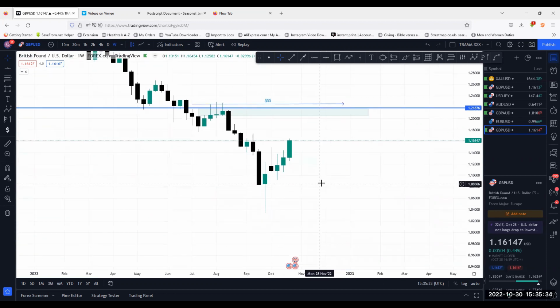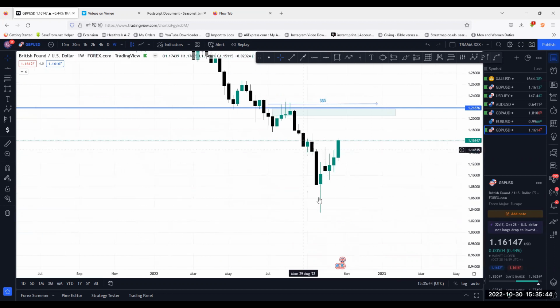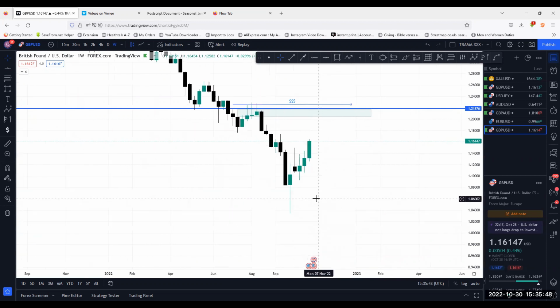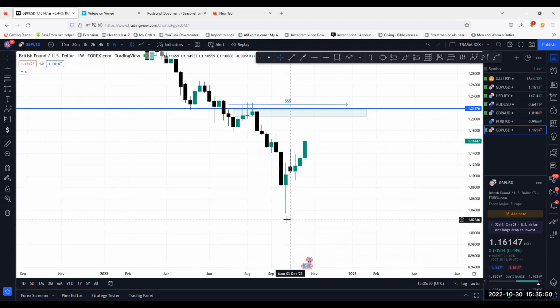have ever had in British pounds trading, because this was the lowest price that the market has ever gone to for over 30-something years, decades. All right. So now the market came back here and then smashed that low and then created a historic low. And then we're looking at, would the market ever come back there again? I don't think so. Maybe.